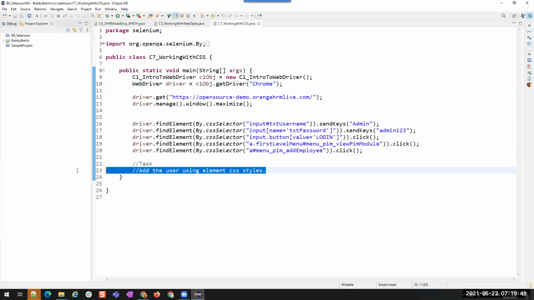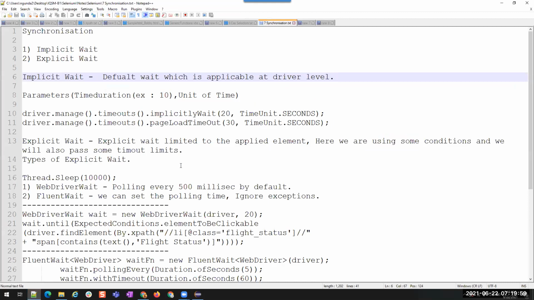And I gave you the remaining task to add the employee. Then later we discussed the theoretical part of synchronization: why we need synchronization, and what the different types of synchronization are. Since Bobby was not there yesterday, I'll just take a short review of yesterday's theoretical part. So, synchronization